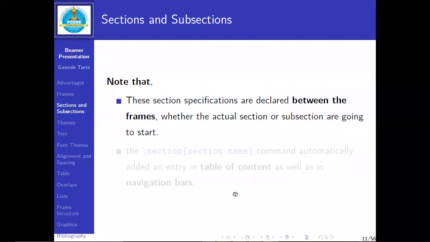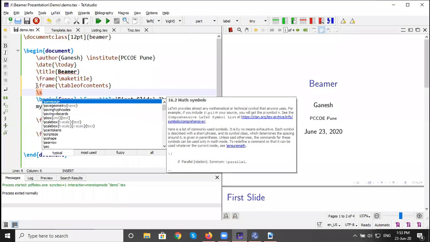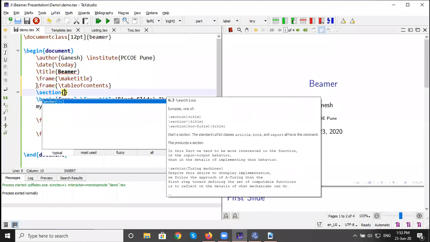So what is the use of this section? Note that these section and subsection commands are used in between the frames. Whatever section you want to add, you have to add it before the start of that section, outside the frame.